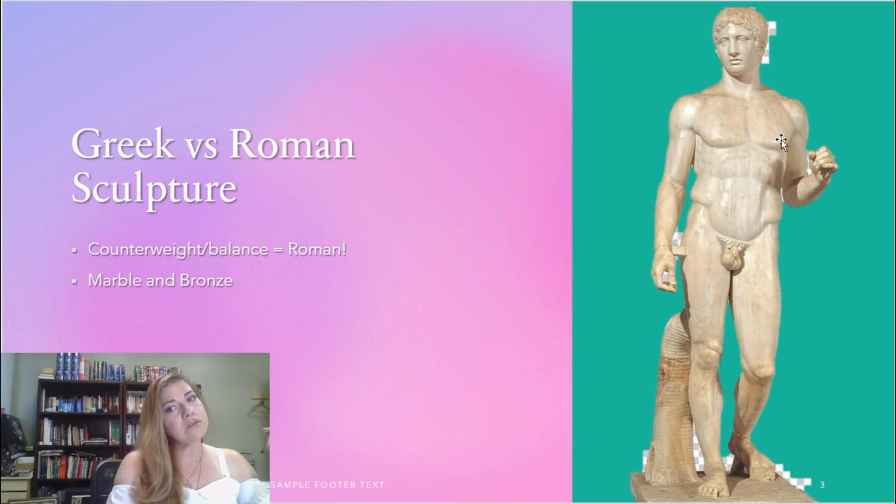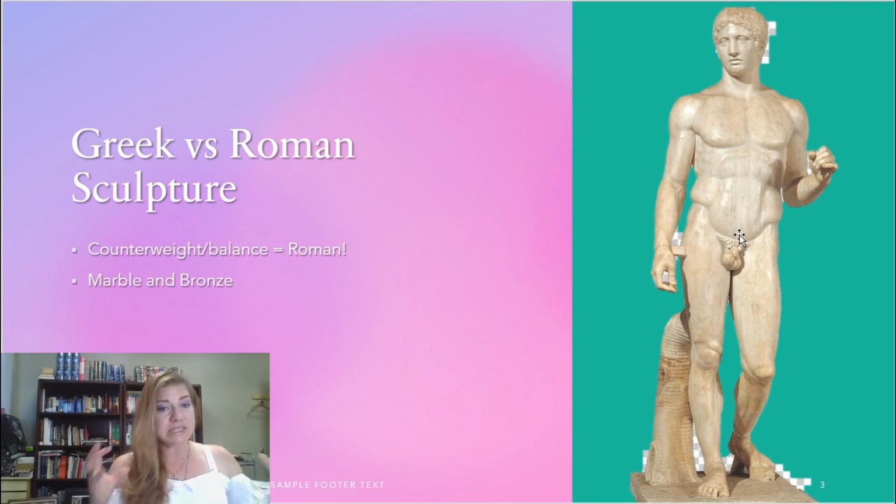So stone is stone, and stone is solid. I know, Captain Obvious over here, Professor Obvious at your service. The bronze, you can have areas where it is empty inside. You can have that hollowness, and then you can fill certain areas like down in the feet and the legs to make it bottom heavy and not tippy. You can mess with weight distribution on a very sophisticated scale with bronze sculpture. You cannot do that with marble. Rock is rock, and the rock weighs the same everywhere along the statue, kind of like a human body. You can't just make the top half empty to make it easier to stand up.